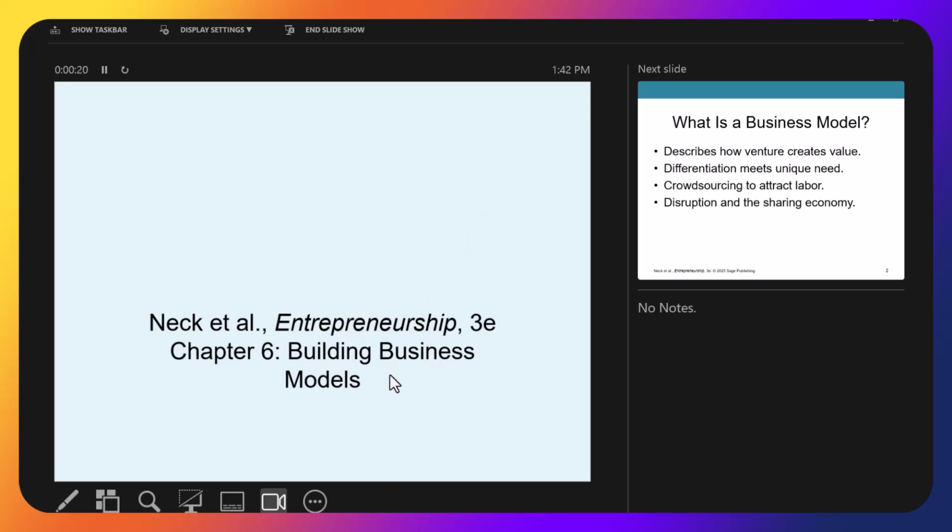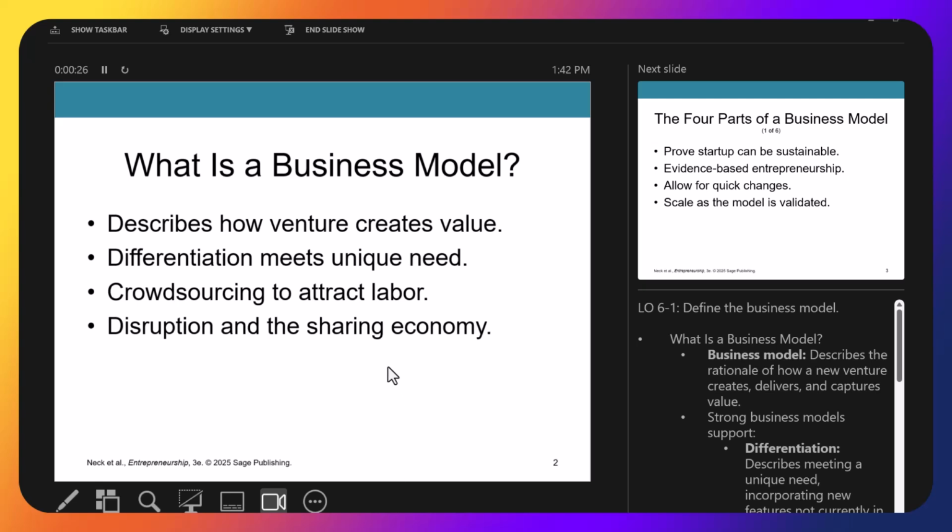Chapter 6, Building Business Models. What is a business model? A business model describes how a venture creates value,